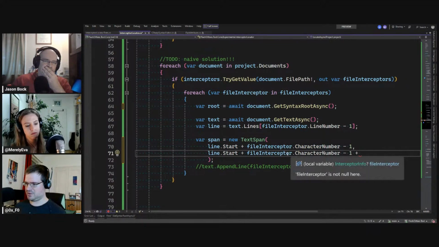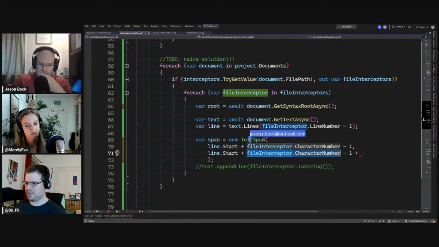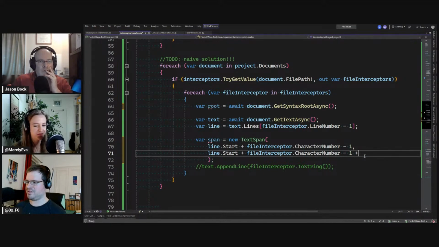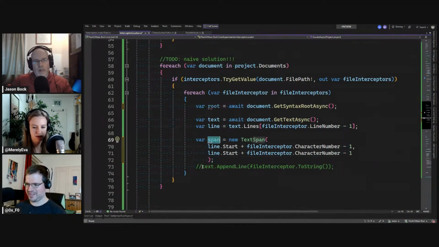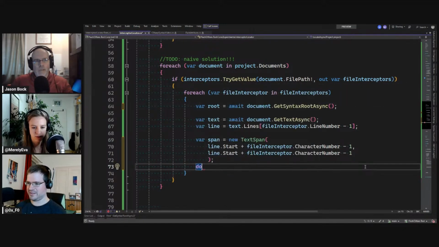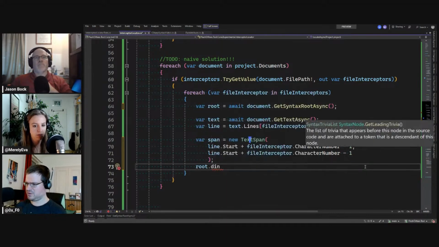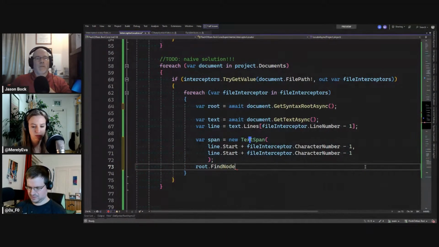Actually, we just need a short span, like a 1-character span. And then we go into the syntax root, root dot find node. So what are these? These are lines.